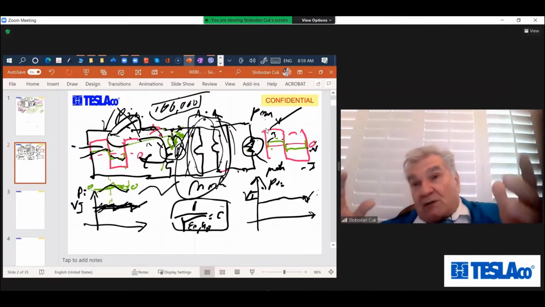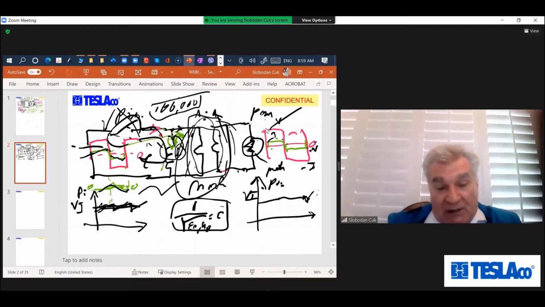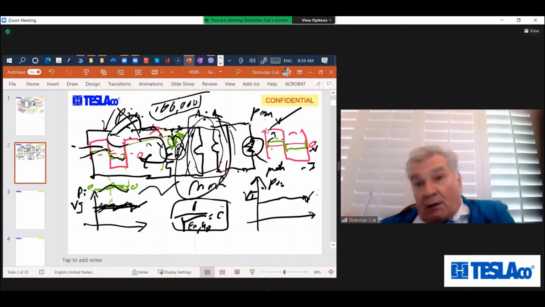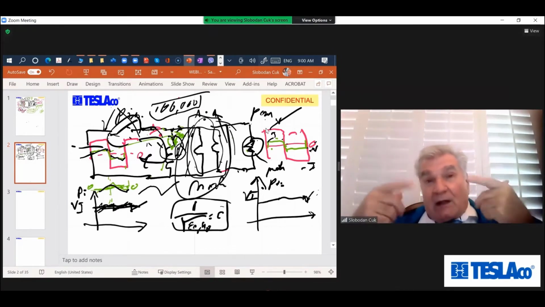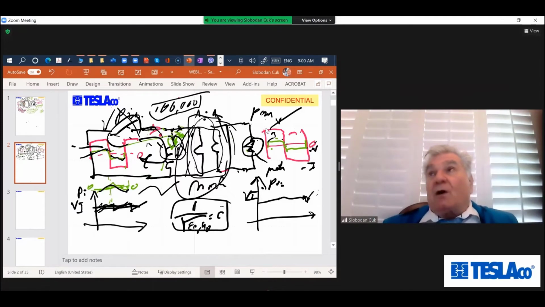That was difficult to understand in a transformer driven by 60 hertz, because the magnetizing current is 90 degrees phase shifted with respect to the voltage and with respect to the input and output current. So you had to add up two currents which are 90 degrees out of phase. Of course, the magnetizing one is very small, but nevertheless, it was mentally difficult for people to understand what's going on, okay? So anyway, that's the story of